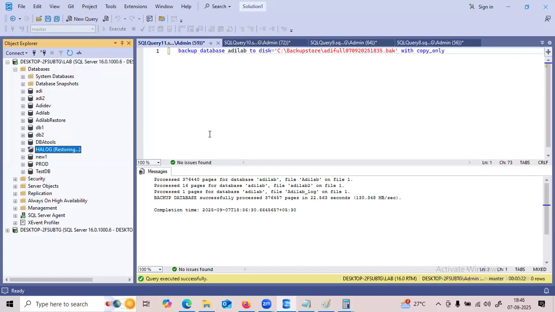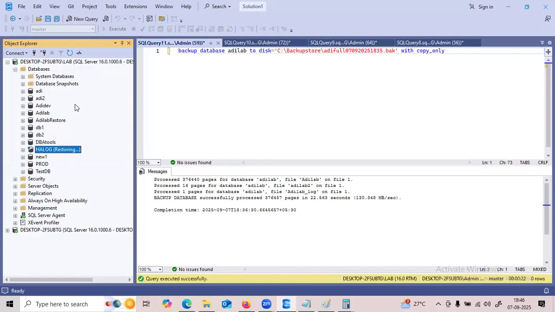So the tail log backup is taken whenever the database is corrupted, or whenever you want to restore the database to a further state. For that, you want to keep the database in restoring mode, and for that we can take the backup as a log backup, as a tail log.